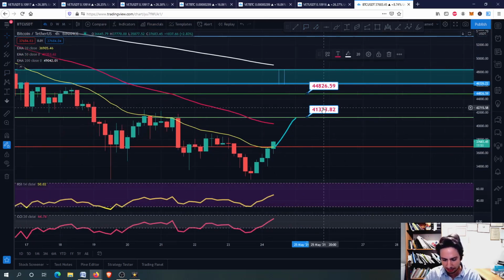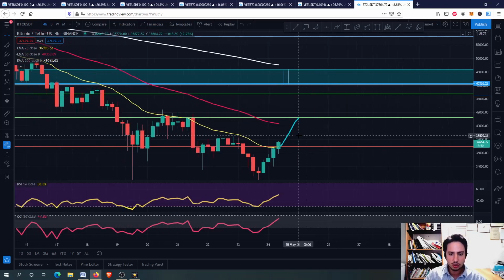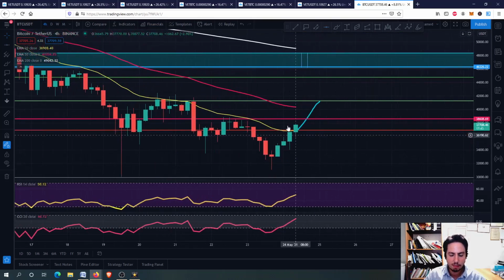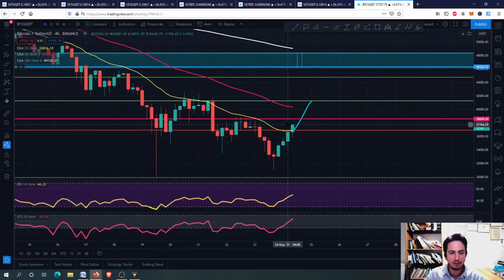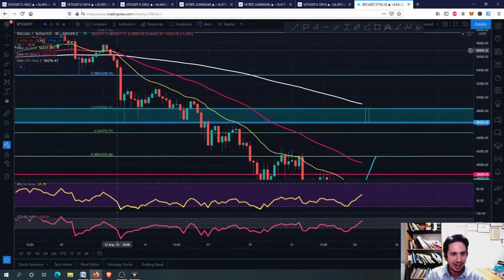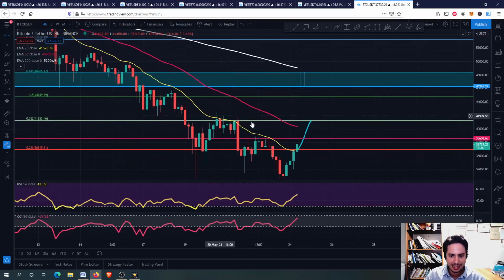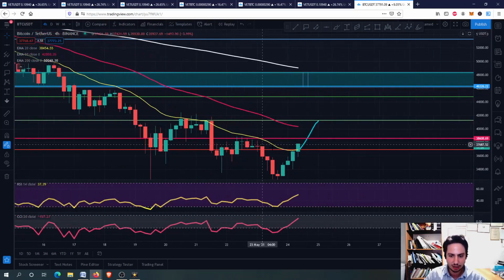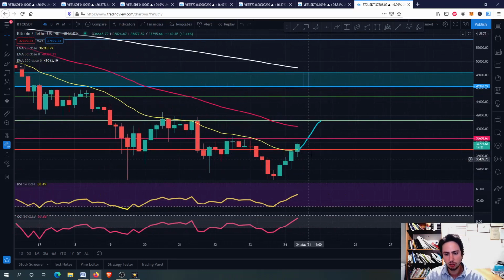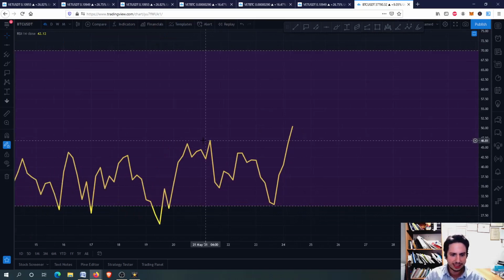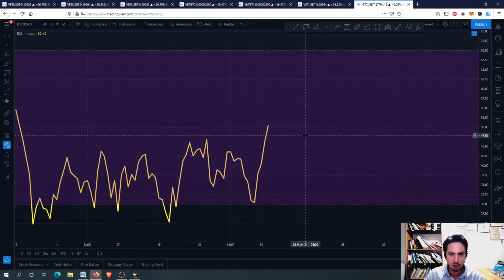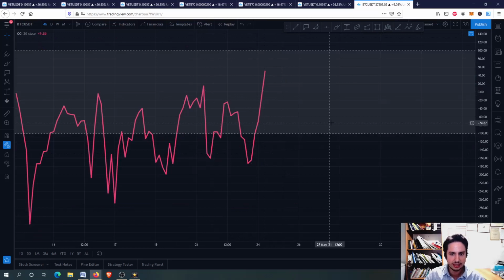I will be updating daily, of course. For now, we need to see this pattern, and of course breaking this minor resistance level. But if we actually perform and make the 20 EMA our support level, then we are good, because you can see how many times it was a resistance level back in the day. From the moment we have this as our 20-day EMA support level, we are actually looking better, in my opinion. Okay, so right now you can see on the 4-hour frame that we've broken some resistance levels in the RSI, and we are now heading upward. Same for the Commodity Channel Index.